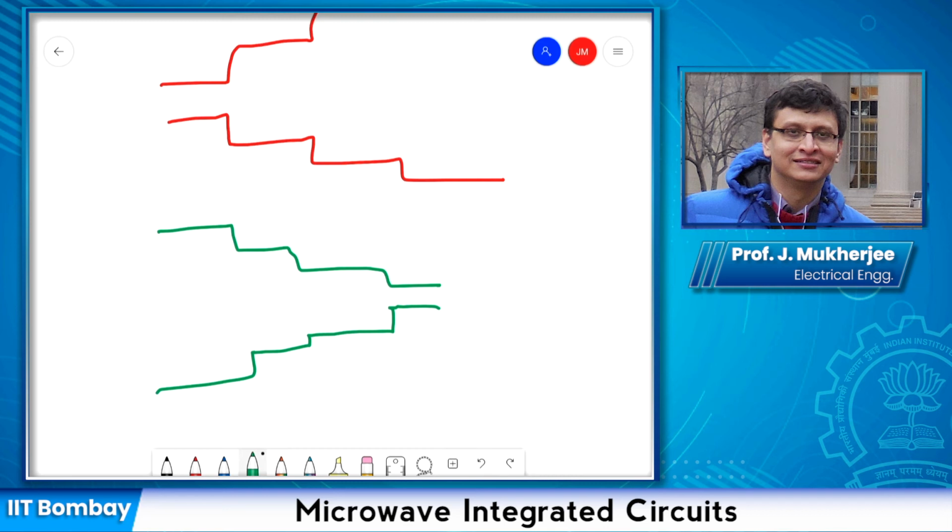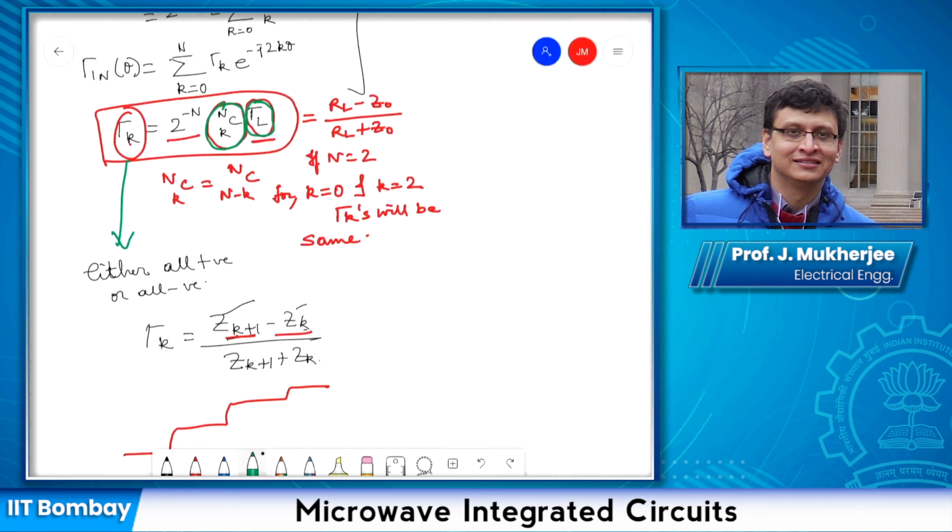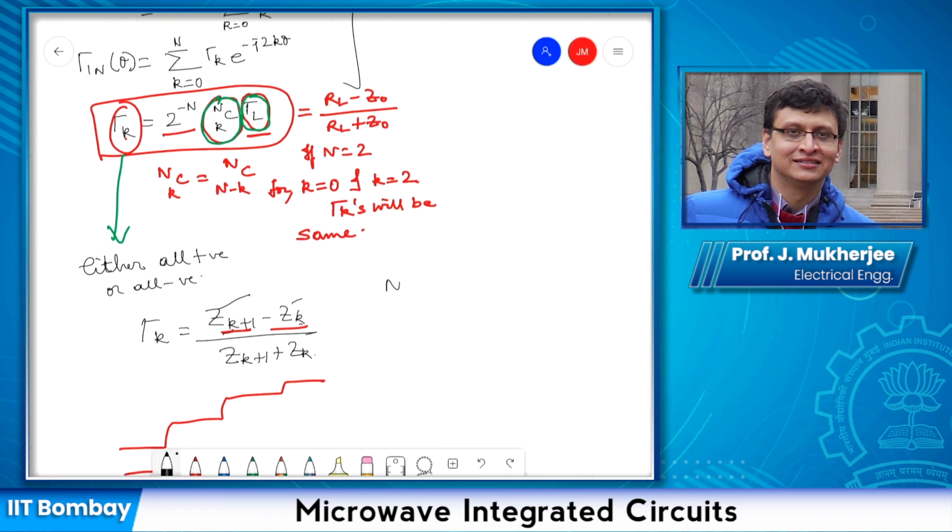Now these are nice equations where we have found the expression for gamma k's in terms of gamma L and k. We still have not found the values of the Zk. So let us see for n equal to 2, and let us write down all the equations. We will have k equal to 0, 1 and 2. Starting from this equation, gamma 0 is equal to 2 raised to minus n, that's n equal to 2, 2C0 gamma L,